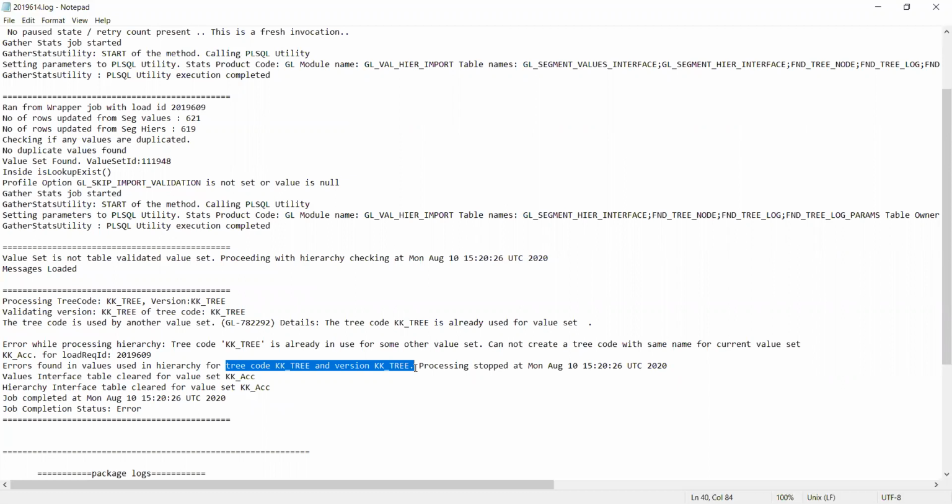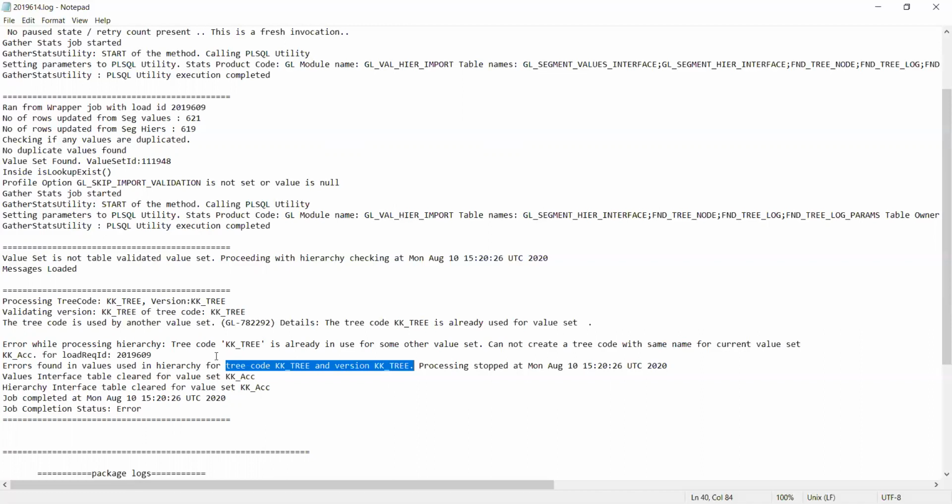The initial load is used with this KK tree for the first run, and then we used it again for the second run, where we had the KK ACC. Instead of that, we gave everything in caps basically. So that has overridden. So all we need to do is map this particular KK tree with our account code. But the values we don't have any issues.